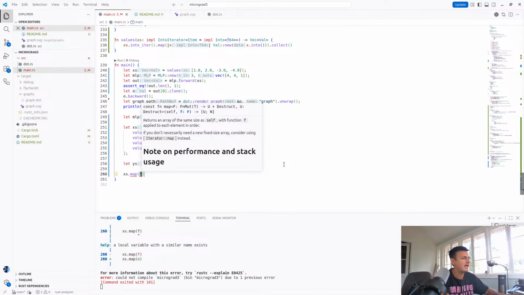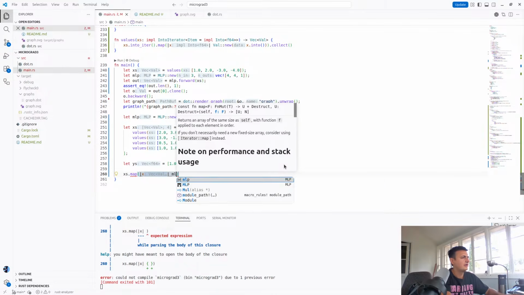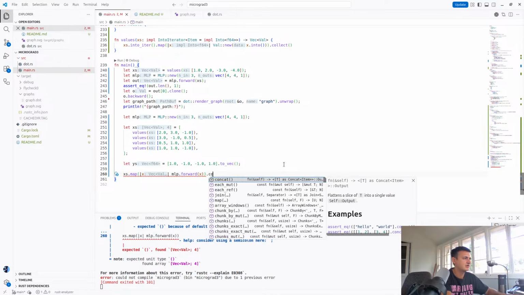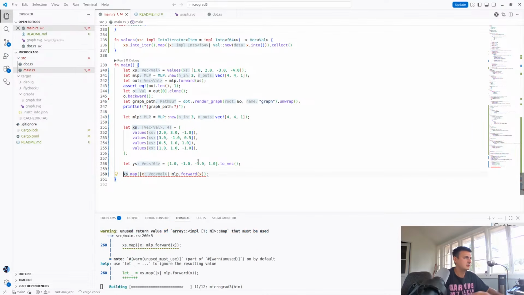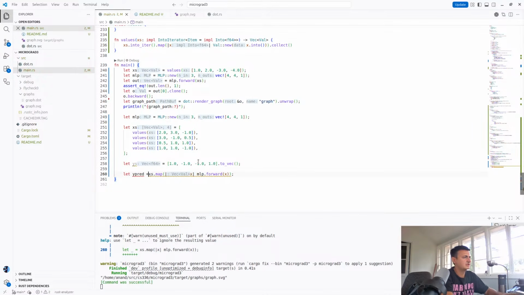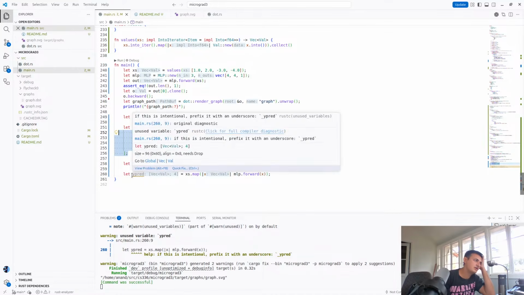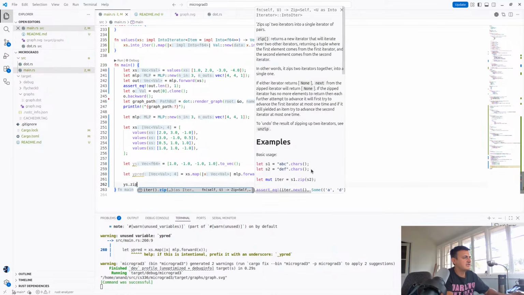Yeah, so we're going to do map for each x, MLP.forward of x. And so now we have our predictions, and we probably have to collect. Or actually, what is the resulting type of this? Let pred y be the prediction. So our network eventually is going to be trying to predict these values given these as input. And so yes, we have a slice here. So that's pretty cool. And so now what I'm going to do is ys.zip